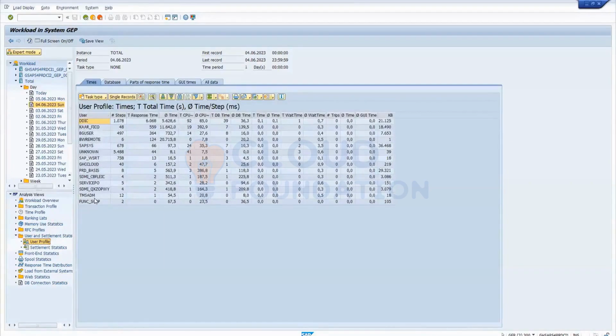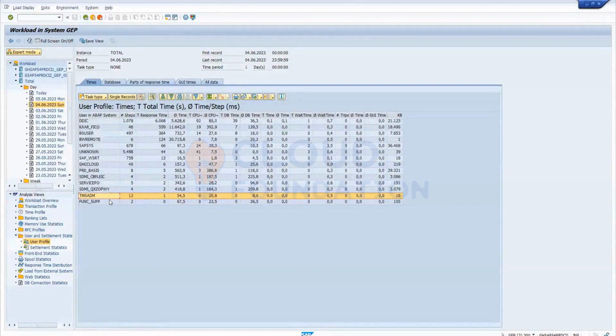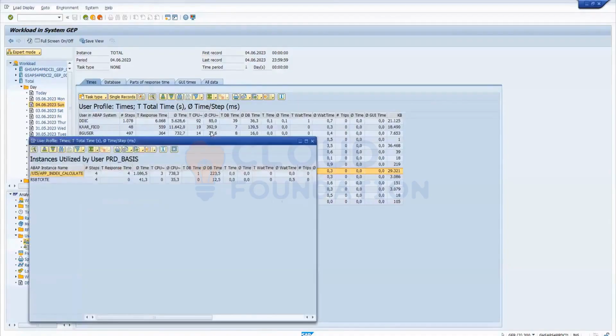Users are Team SA, Team Service, SDI, Production Basis user. Now double click on the production basis. This production PRD basis user ran which transaction code? You double click. This user has run only these two T codes.